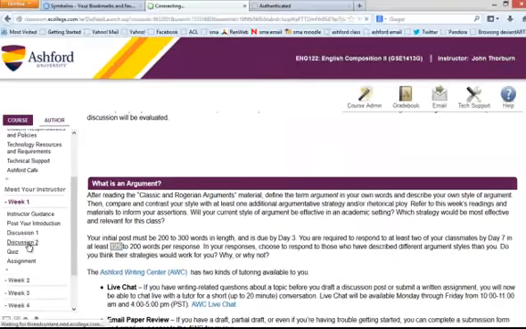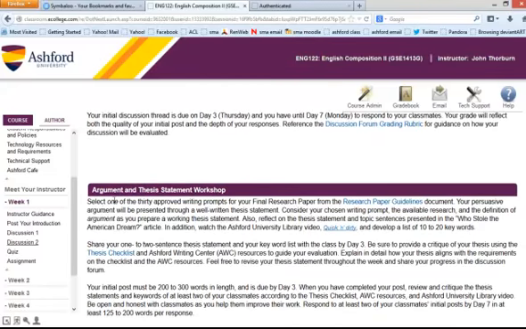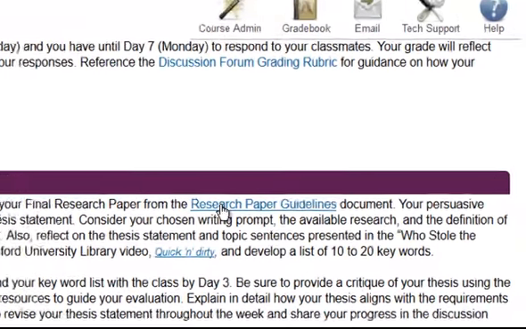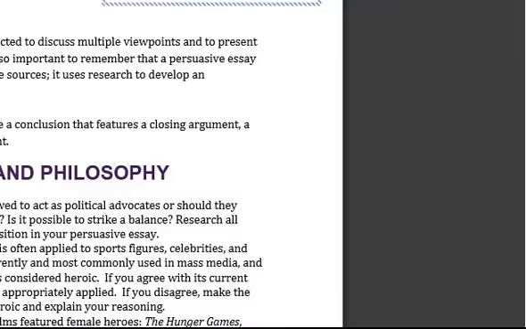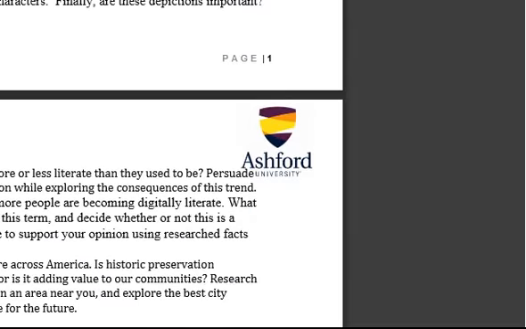Now, on discussion 2, you'll be looking at just one of the 30 approved writing prompts for your final research paper from the research paper guidelines document. So you're just picking one topic, and the whole purpose of this course is to write a research paper.